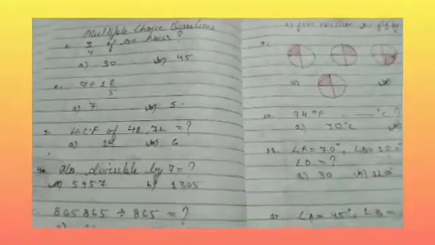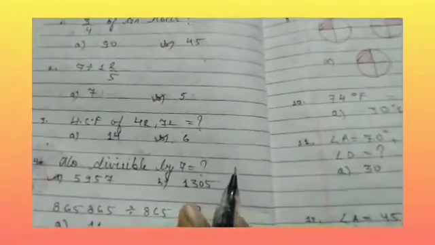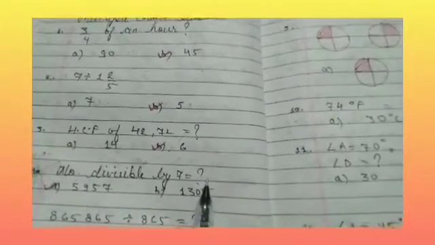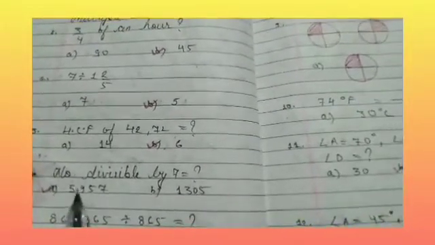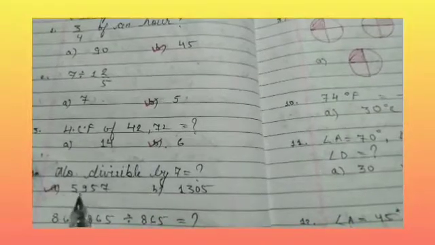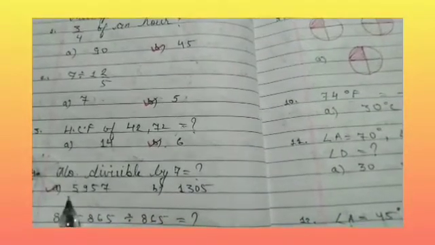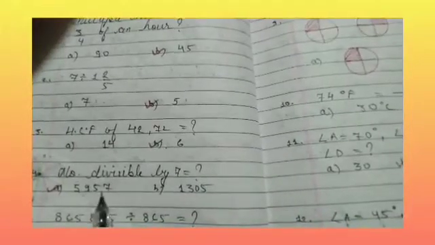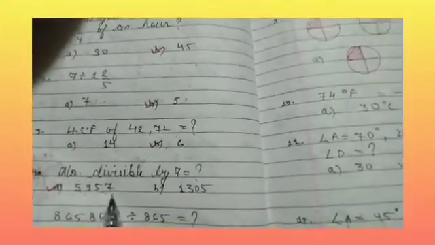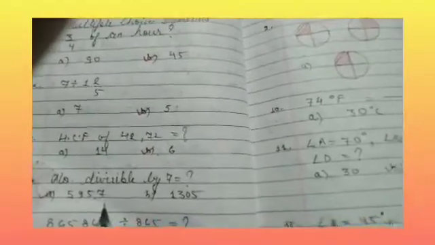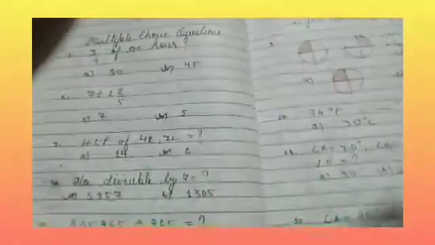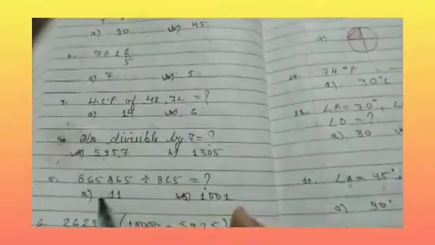Number divisible by 7. So what is the number which is divisible by 7? For deciding that, we will just multiply this number by 2. Add the first two numbers and just multiply the first two numbers with 2. So we will get the number divisible by 7. Okay children, so what is the number? This is the number. Now next,